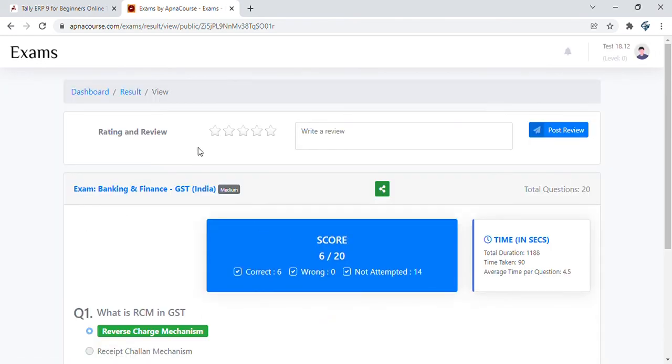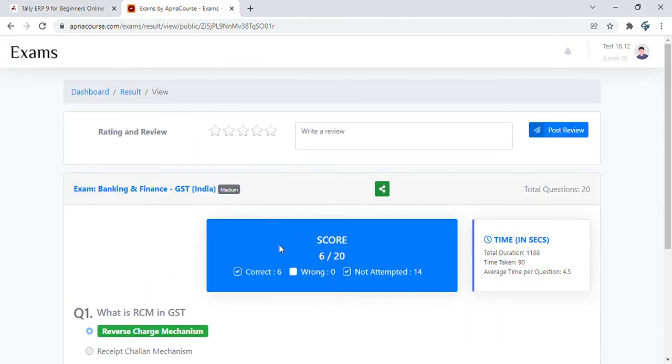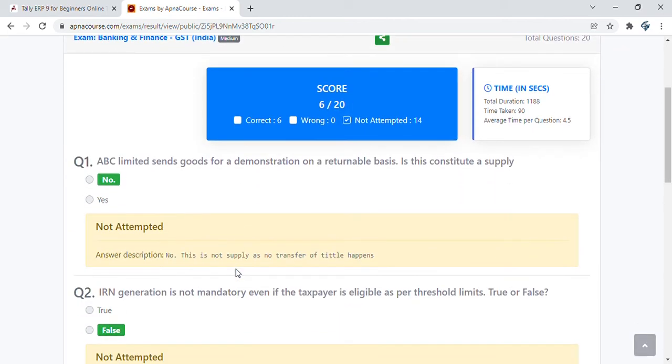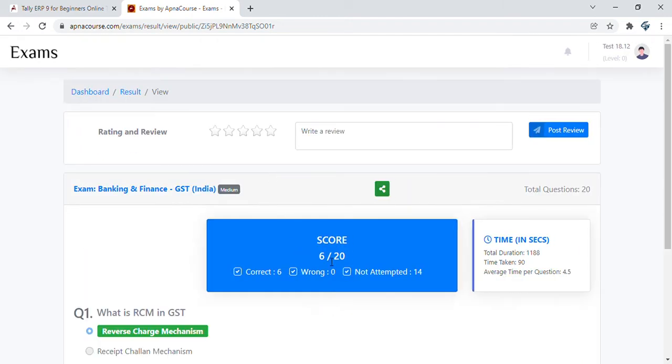You also will be very happy if you are able to give a rating and a review of this. So you will see the result. You can also see what are correct, wrong, and not attempted by just clicking on these tick marks. These are a set of questions that are not attempted, etc. So this is what we want you to get, which is 10 at least. So I have in this example got 6 out of 20. Therefore, I am not eligible for the free standard upgrade.